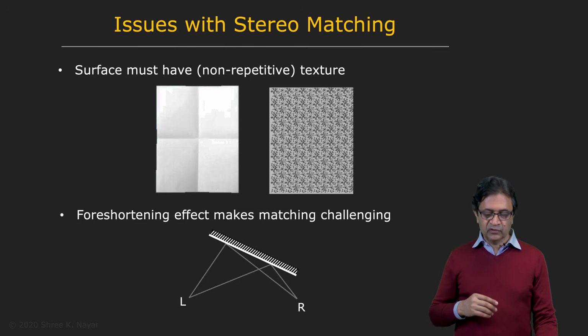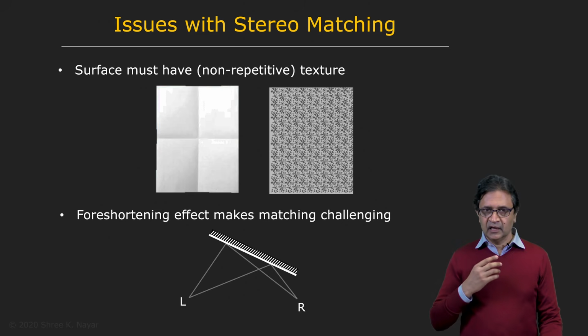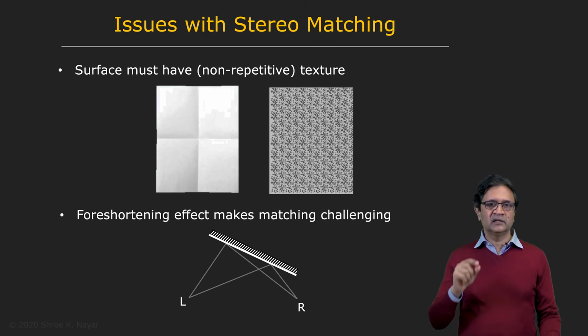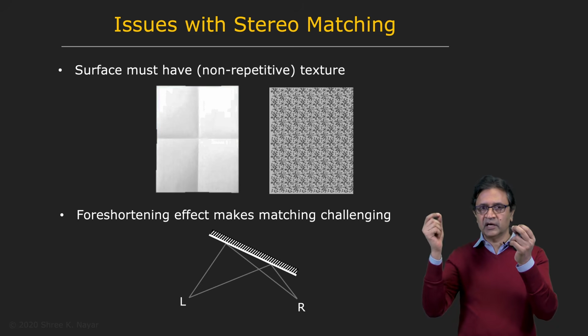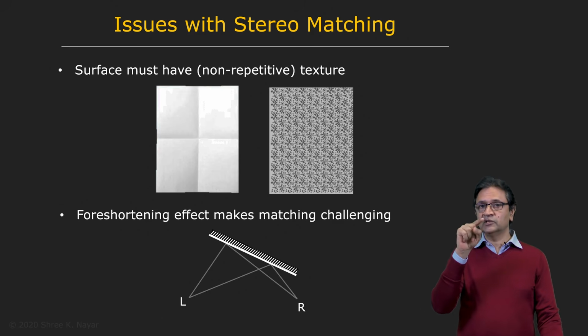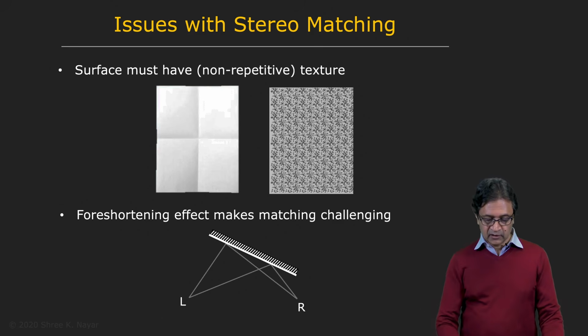And finally, you have the issue of foreshortening. This is just an inherent problem in stereo. In order to establish correspondence, you're going to use some window size. You can't really take the intensity at one pixel and match it to the intensity of a pixel in the other image. There's just not enough unique information there to match, so you're going to take a window. Once you take a window, that implies that you're looking at a certain area in the scene. Let's say that this is a surface that you're looking at, and this is the area that we're looking at right here.